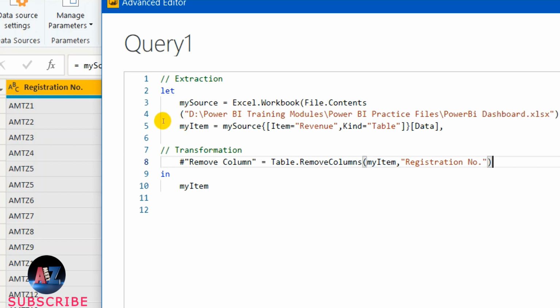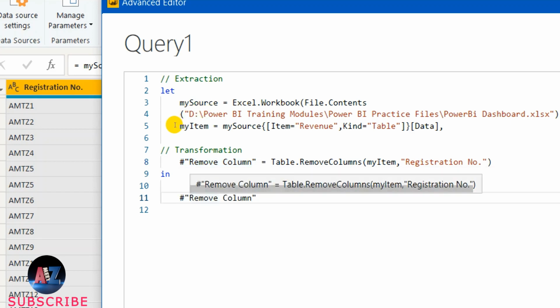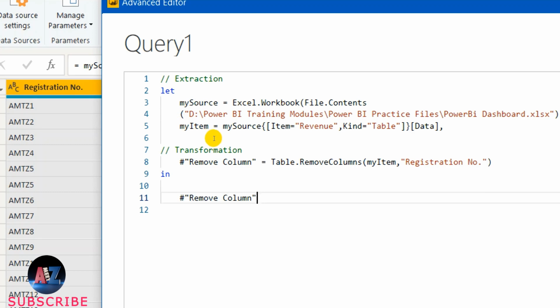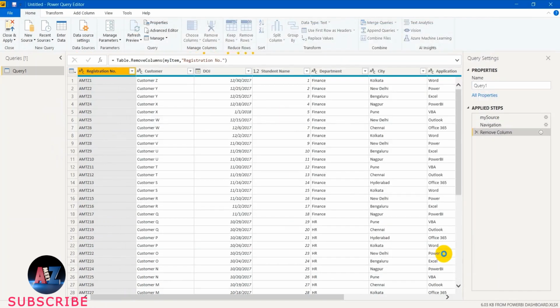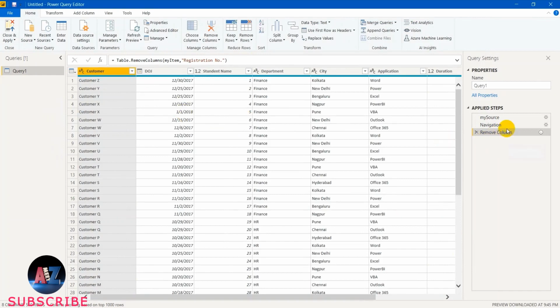now this step will change to something else, that is this step. So now after in, you need to add this step. So now this will make your table get removed with this column. So now let me press done and see, this column disappeared and one column is added. Now the transformation has happened and you have removed the column. Now we can go to the next step.